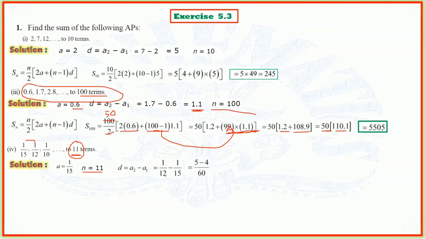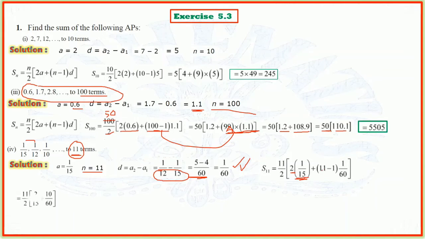So the LCM of 12 and 15 is 60, and then 5 minus 4, 12 fives are 60, 15 fours are 60, equals 1 by 60. So this is the common difference. Now S11 equals 11 by 2 into 2 into a, 1 by 15, plus n minus 1, 11 minus 1, into d, 1 by 60,